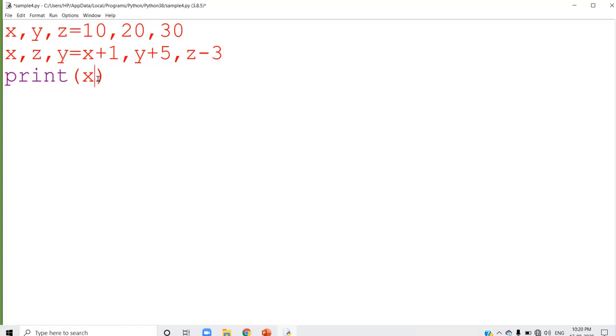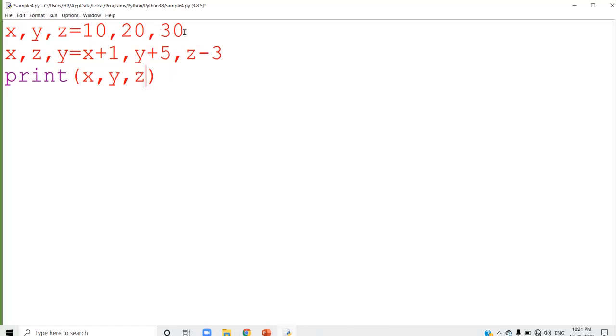You just try to display the value X, comma, Y, comma, Z. So, what are the values we are expecting? 10 plus 1, 11. Y plus 5 is 25. 25 is given to Z. So, Z will be 25.